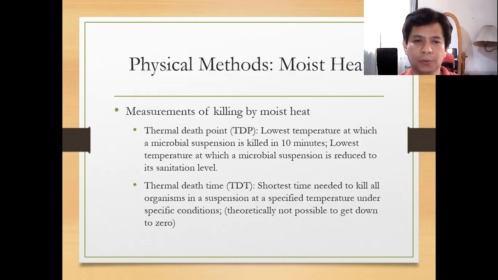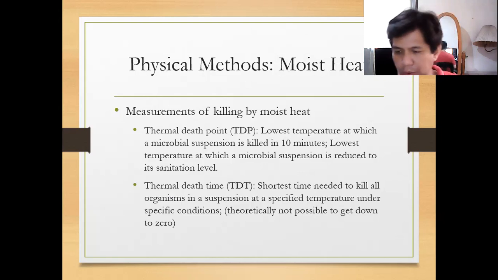Okay, so we have here two measurements of killing by moist heat. The first one is the concept of thermal death point. So thermal death point, kasi it's a temperature, no? It's a temperature. This is the lowest temperature at which a microbial suspension is killed in 10 minutes. So specified yung time, tapos yung i-calculate nyo yung temperature. So this is the lowest temperature at which microbial suspension is reduced to its sanitation level. So in calculating this concept, mamaya,